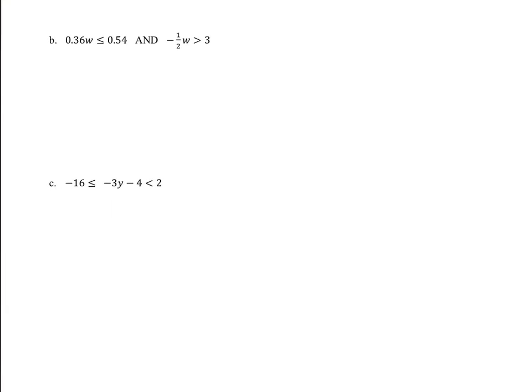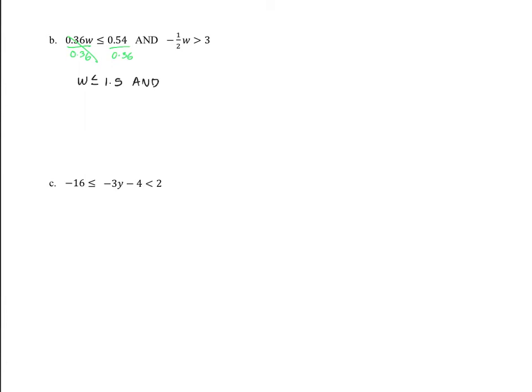Now for B, we're using an AND statement. So I'm just going to solve each side. Let's see, dividing both sides by 0.36. 0.36, what do I have? Using my calculator, 0.54 divided by 0.36, 1.5. So W is less than or equal to 1.5, and